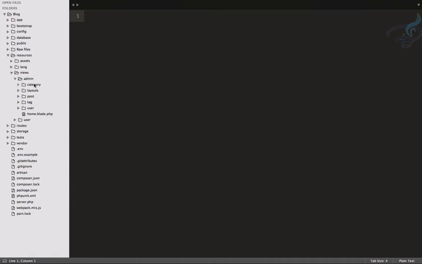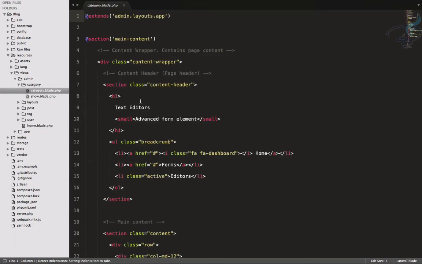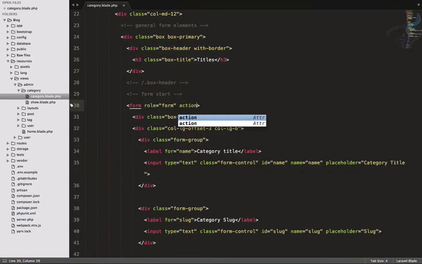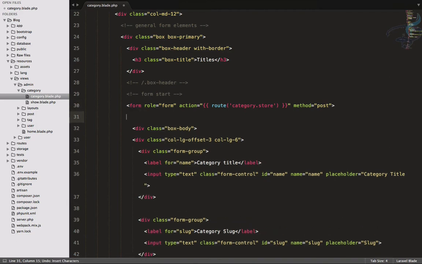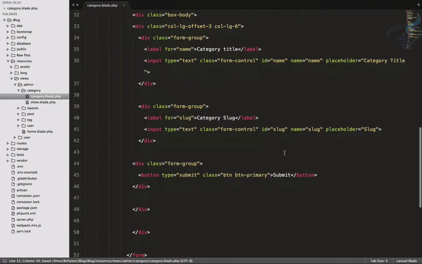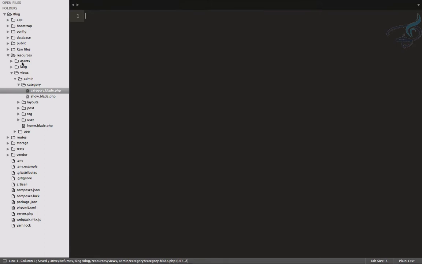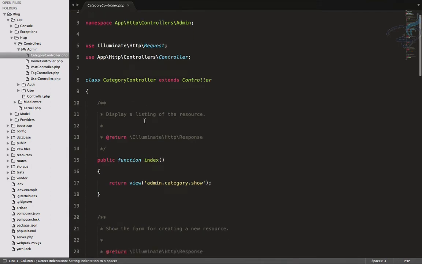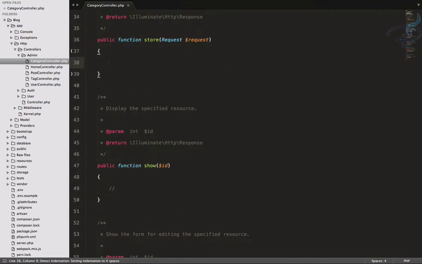And now category, category dot blade, we know we have to give the action here firstly. So action, we know we have to give the action as route of category dot store, method will be post, and then csrf underscore field, and name is there, slug is there, submit button is there, so we don't need to do anything now. Go here on the category controller, go to store function, and we have copied everything, just paste